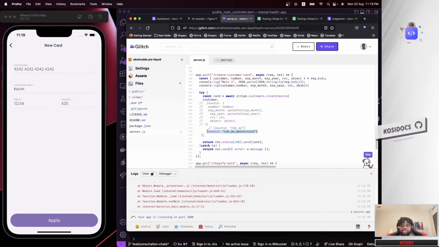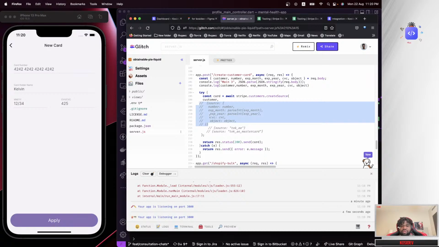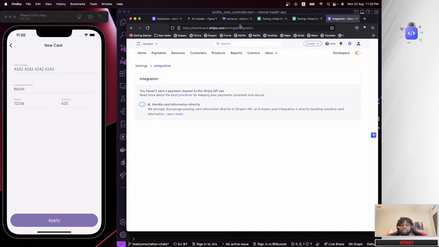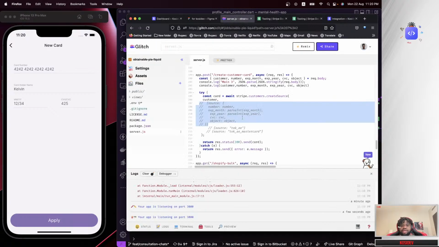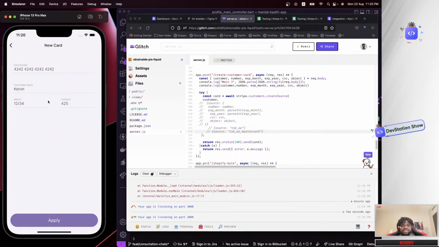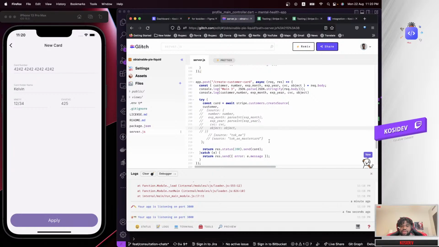Like I said, I will just comment that out. If you want to test real data for production and test mode, you have to comment this one and use this method, and then you have to enable this, like I said, to be able to do that both in production and testing. Then the third method I'm going to talk about is to send this data, but we're not going to send it through our API to the server. We are going to send it somehow. You guys are going to see how to do that. So how to actually accomplish that will be,